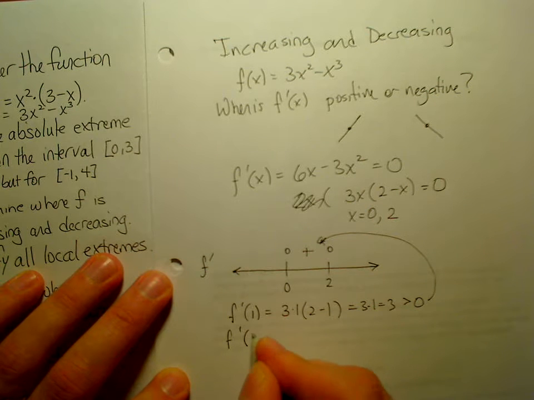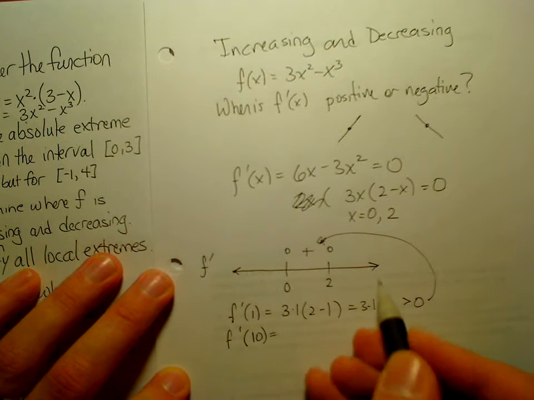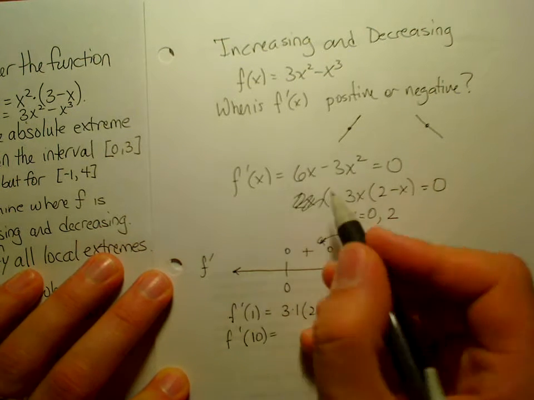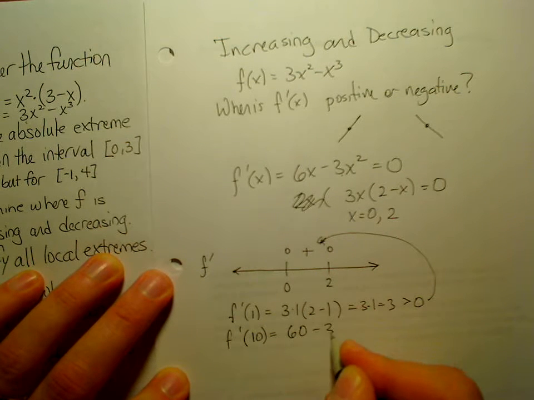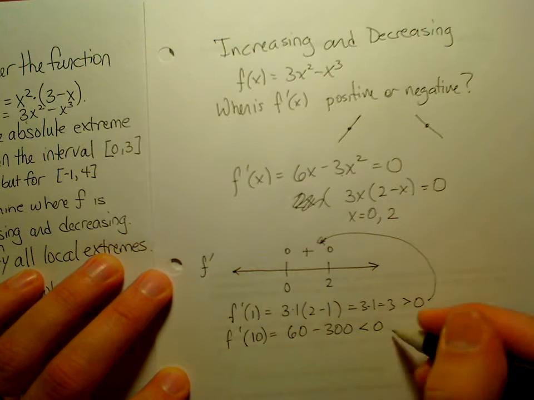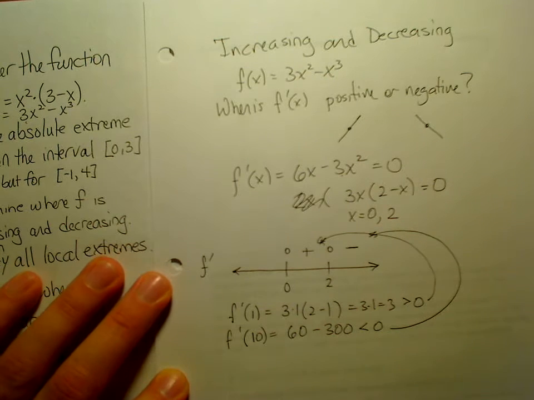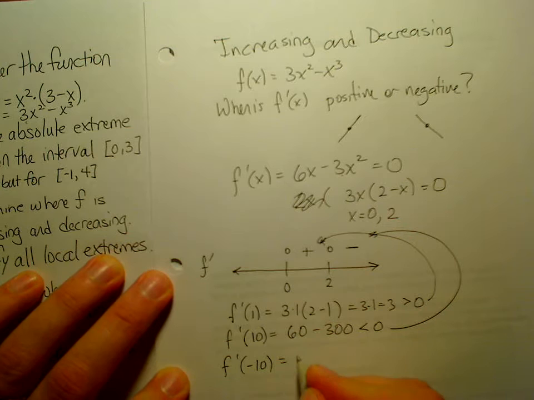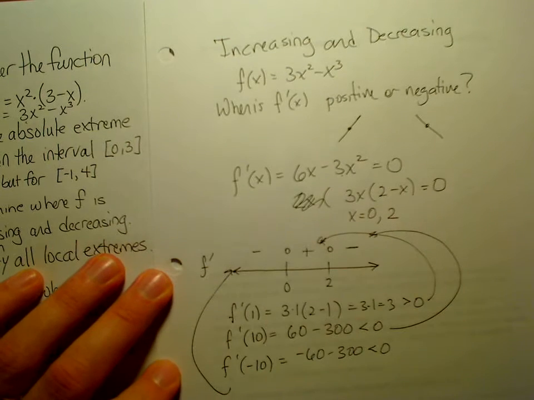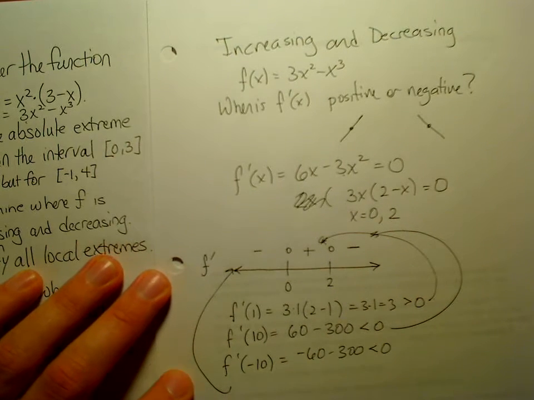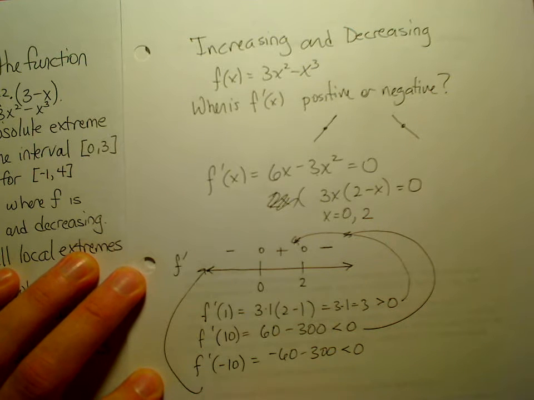So, f prime of 10, I like to pick big numbers when I'm out on the ends because they're a little easier to work with. I'll use this version of f prime for here. That's 60 minus 300. That's a negative number. That's negative 240. I don't care what number. I care about the negative part, though. That's minus, and then likewise for the far left, negative 10. That'll be negative 60 minus 300. That's also negative. So in the end, I get this minus plus minus structure that tells me that my original function f